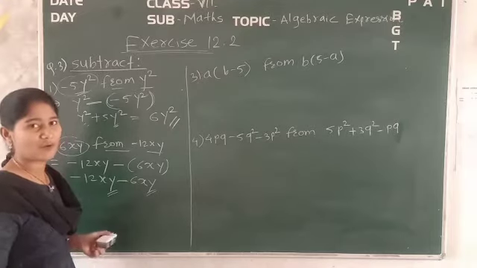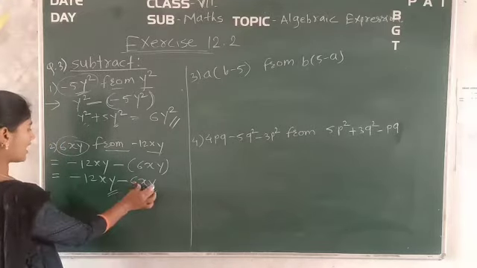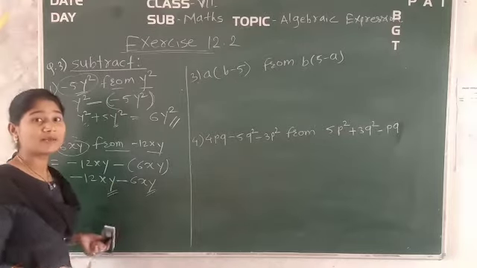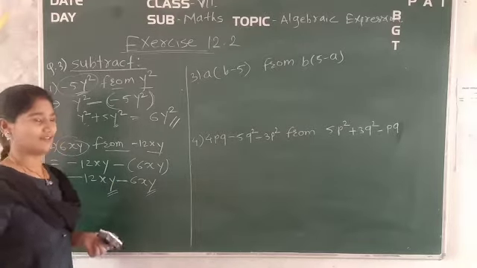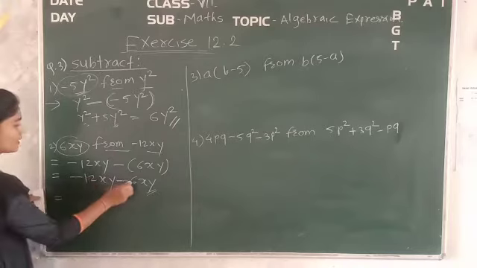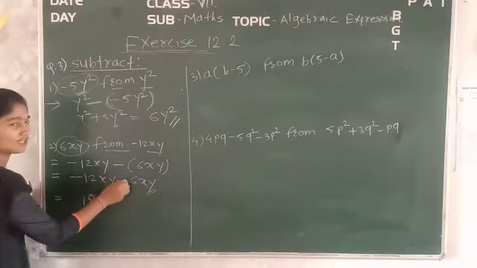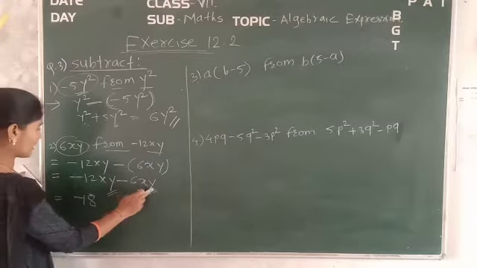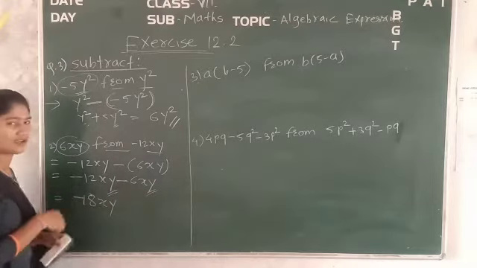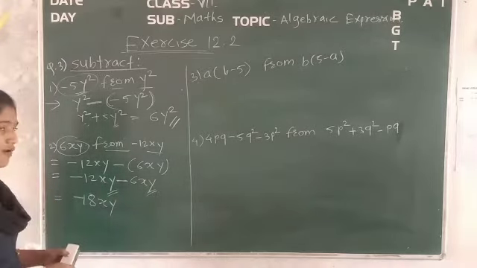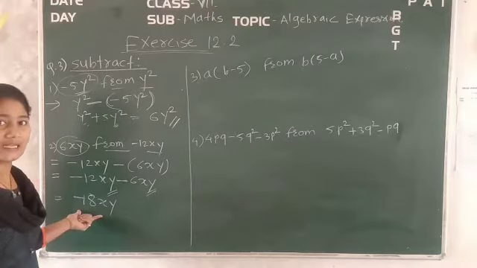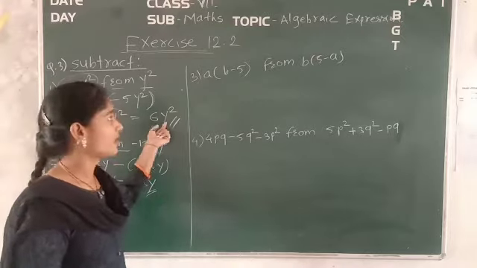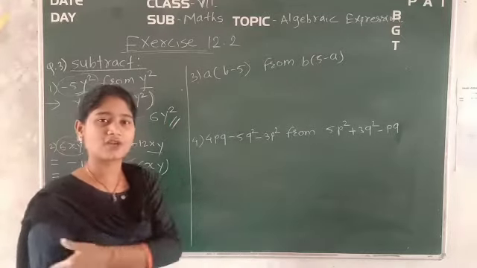common like terms we called it. Okay, so xy and xy both are in the minus, that is minus 12 minus 6. It will become minus 18. Okay, which is equal to 12 plus 6. It is 18, but both are in the minus side. We will keep it minus. Okay, so here xy is the variable. We will write down it as it is. In that way, what we got the answer? Minus 18xy. Okay, here plus 6y here. Now move towards the next question, that is question number 3.